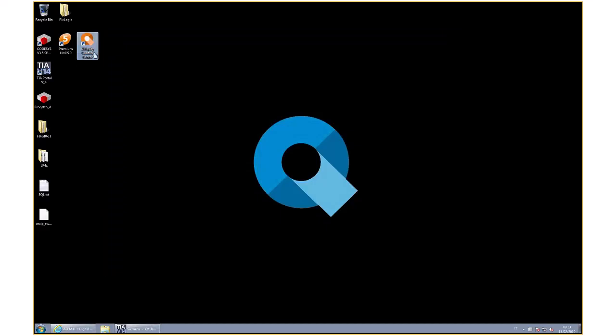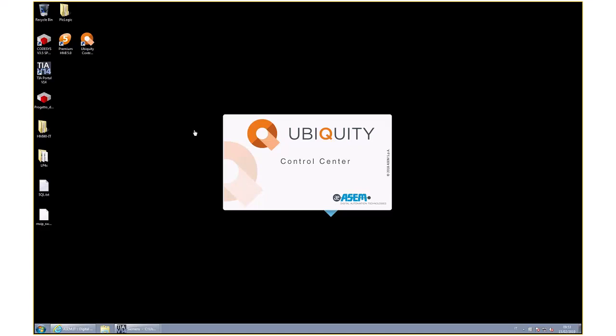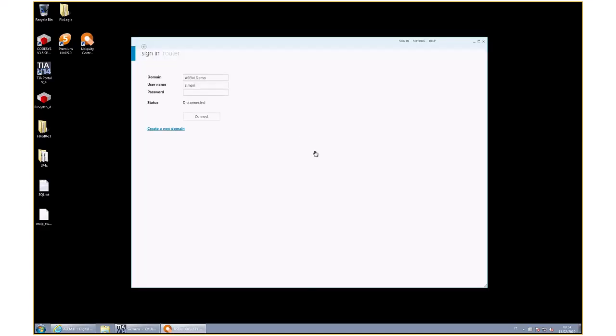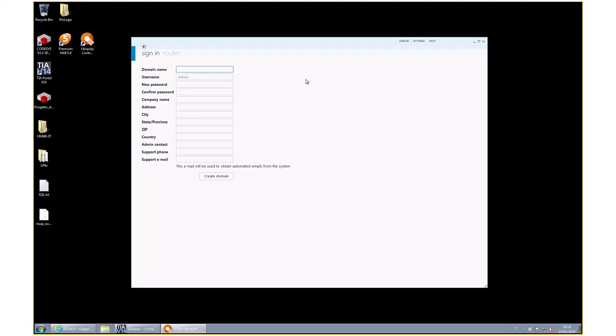If I have now Ubiquity Control Center installed on my PC, I just have to start it, and if I'm new, then I have to create a domain. I told you, if you want to work with Ubiquity, you have to create a new domain. So, domain name, I'm just creating a